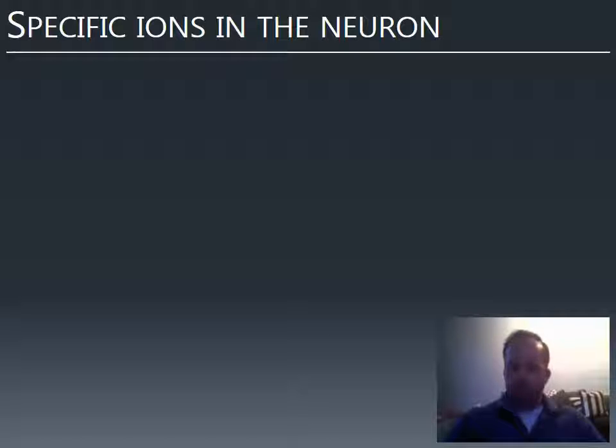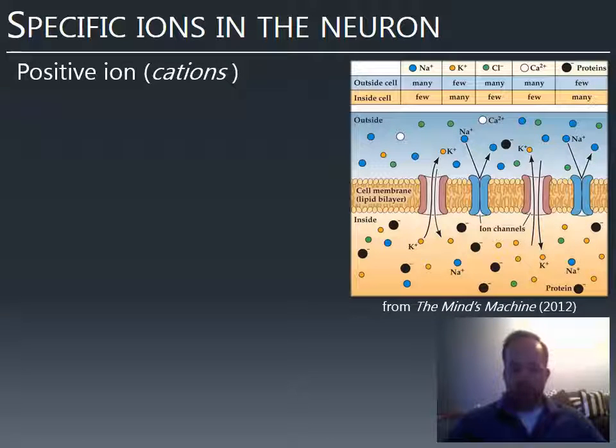So which ions do we care about? Well, we've already mentioned some of the positive ions, which are called cations, not to be pronounced "cay-tions"; it looks like it should be said that way, but it's cations. So there are some positive ones, which is to say they have one or more fewer electrons than protons. So things like sodium, which we've heard of, it's half of the molecule salt that we all ingest every day. Potassium is another positive ion. As we said, outside the cell, sodium is very common. Inside the cell, potassium is very common.